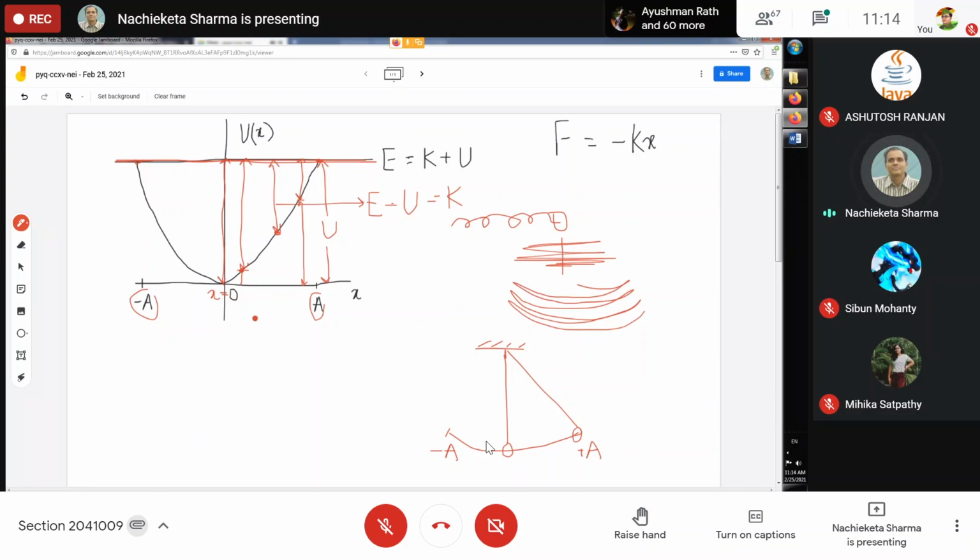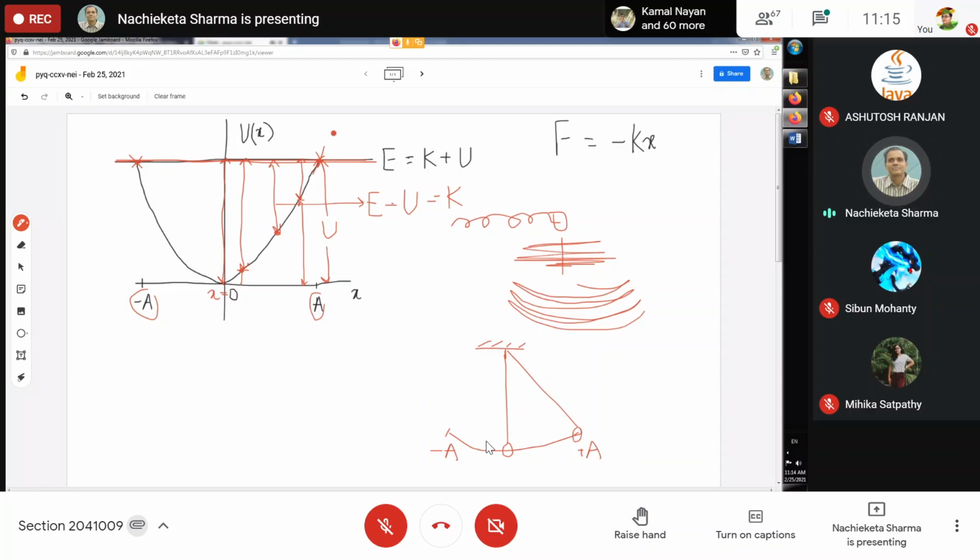So all the energy is kinetic. It is 0 at the values of x where the two graphs cross, labeled A and minus A in the diagram, isn't it? You see this potential energy graph cross the energy graph at this point, and at this point, another point. Now this curved graph, the potential energy graph, is bounded by these two values. It cannot go up.